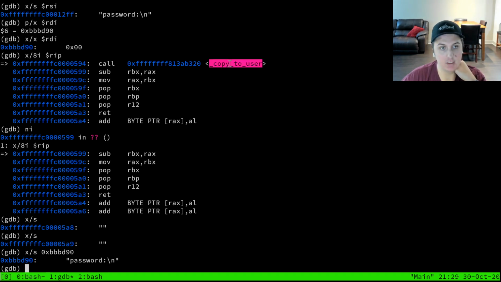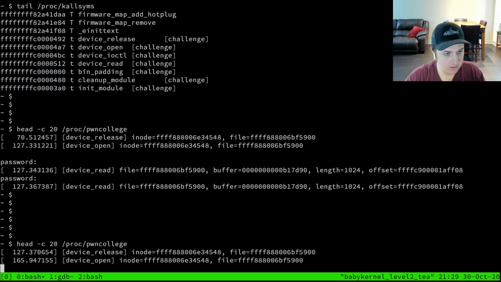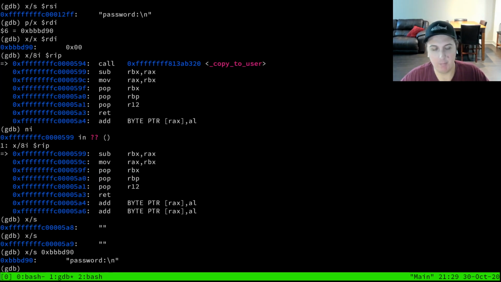And one of those things is copy_to_user, which is effectively a memcpy, but it will make sure that you're not doing a memcpy from kernel space to kernel space. You could imagine that when head does this read syscall, if they wanted to be malicious, instead of passing their user space address, they could pass a different kernel